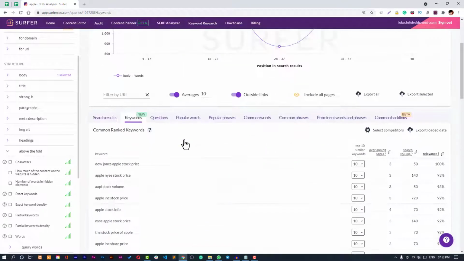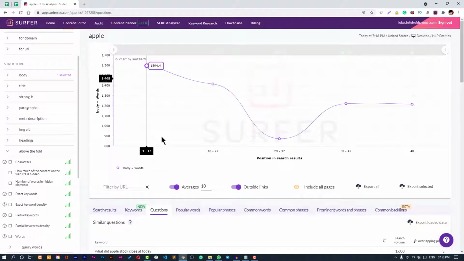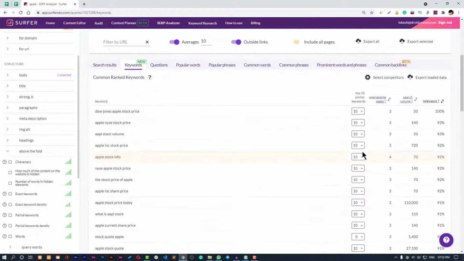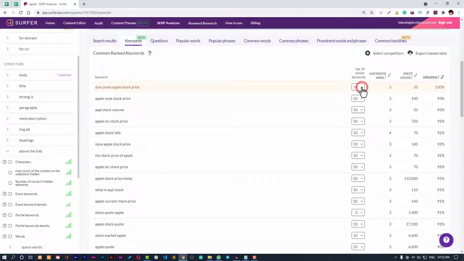And here are the keywords that you can make use of in the content, and here are the questions. For the keywords, you can see the top similar keywords. You can see a cluster, overlapping pages, the number of competitors ranking for this keyword, the search volume for the specific keyword, and relevancy.